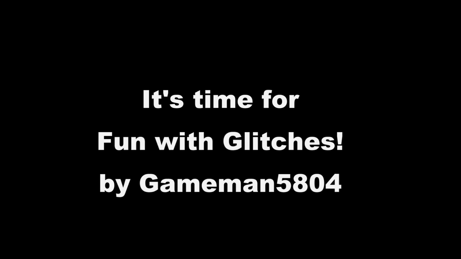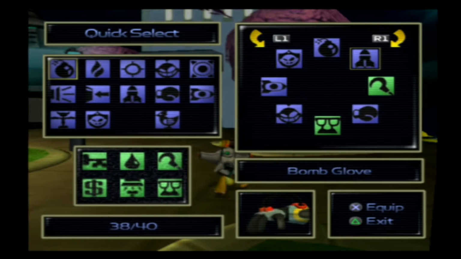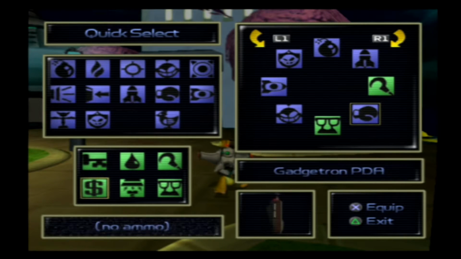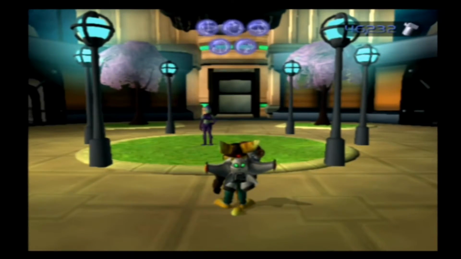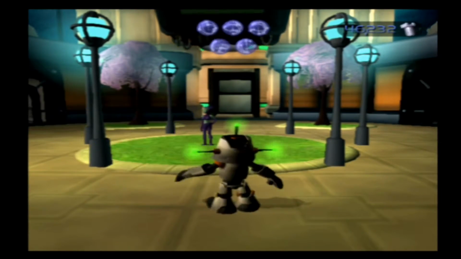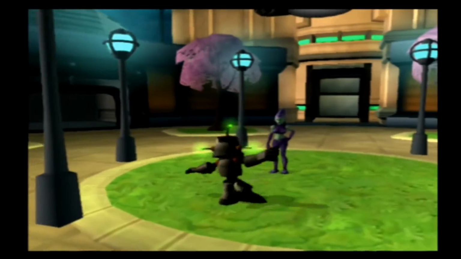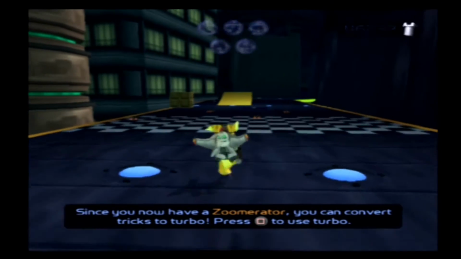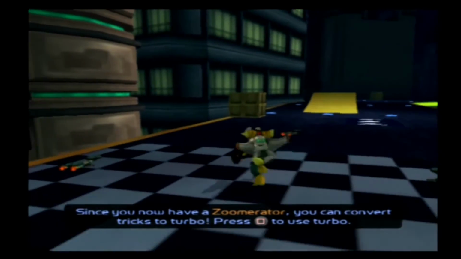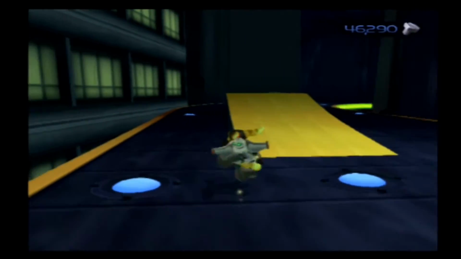Let's get him. Later, because we have Fun with Glitches by me, GameMan5804. Okay, so we cut to Blackwater City, planet Rilgar, and here's how this glitch works. Make sure you have the Hollow Guys equipped as well as your Taunter. Then you go out to this lady who will let you enter the Blackwater City hoverboard race. And for some reason, the game glitches out, and you can play as normal Ratchet on